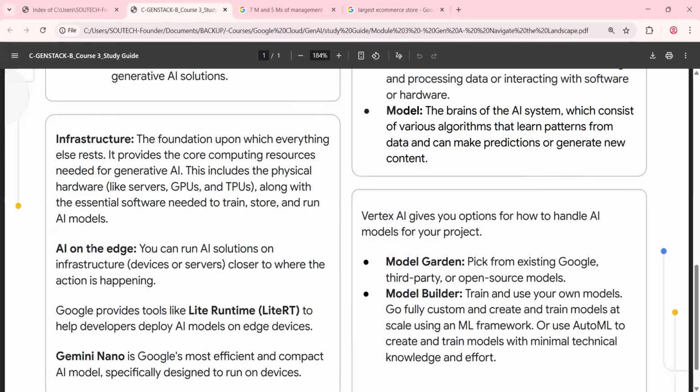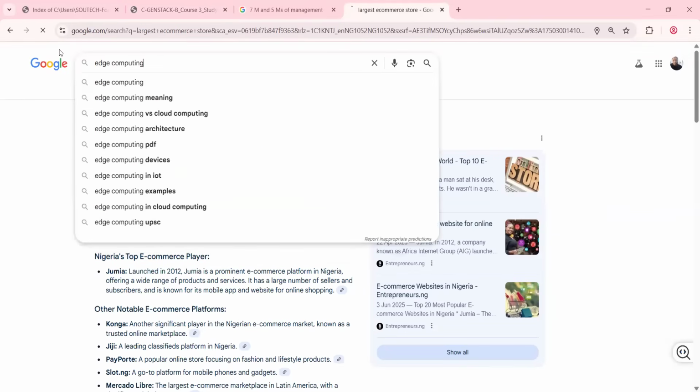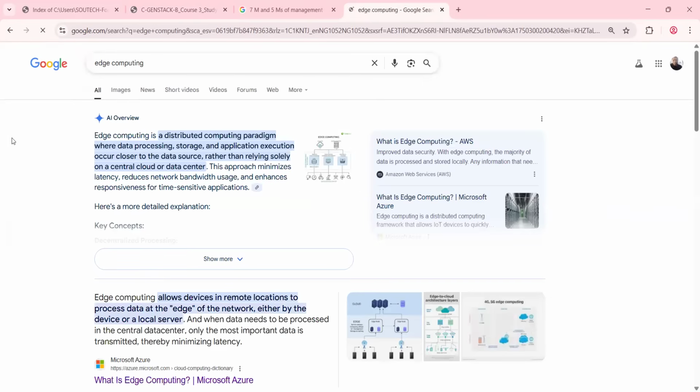Now, AI on the edge. Anytime you hear the phrase AI on the edge, this is what is called edge computing, right? Normally, in a conventional data center, you have your PCs or your servers, you have your network. It's within your enterprise, within the company where you are. So you store your data there, you have your network and all of that.